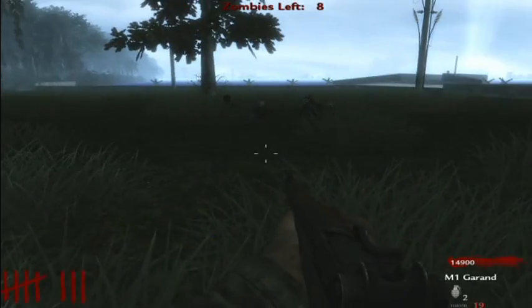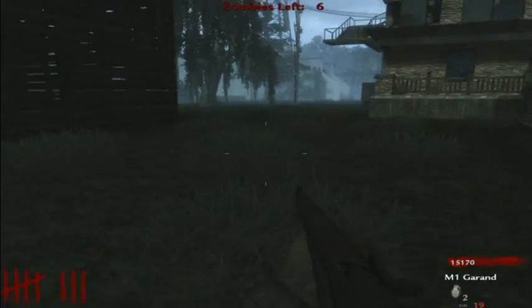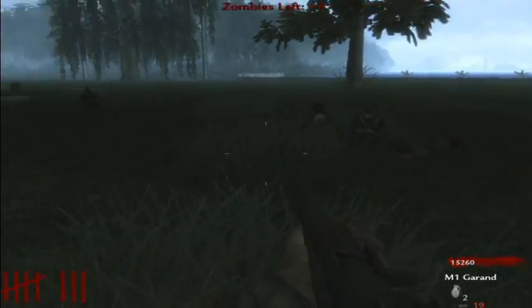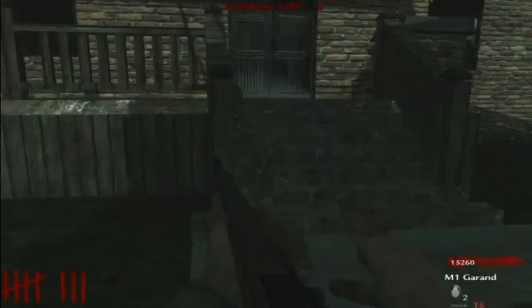So I need to go find the power now so I can get that Jug. I remember when this version was just released, I was super hesitant to download this. I'm not sure why. I think I saw some pictures of the map